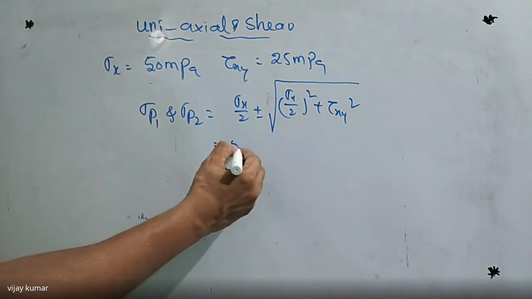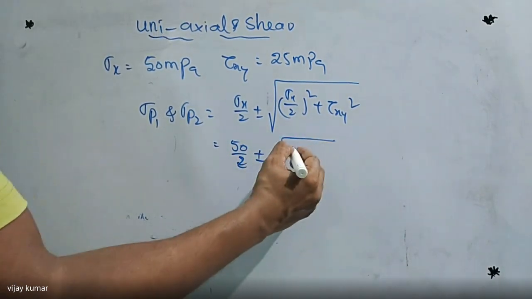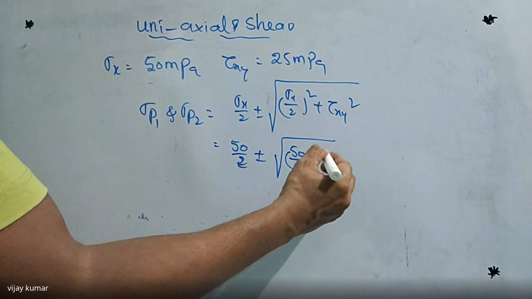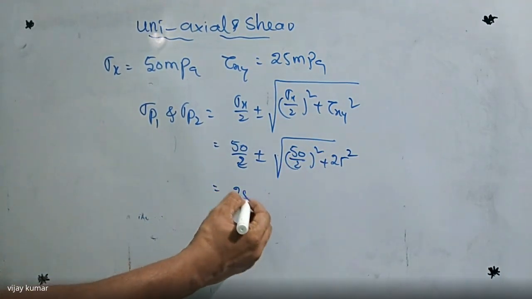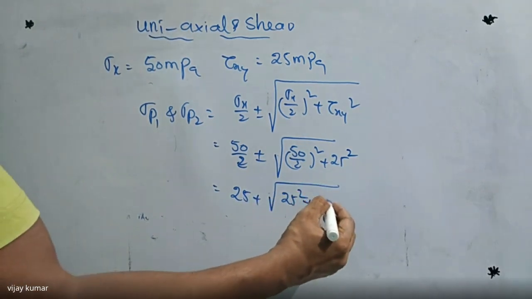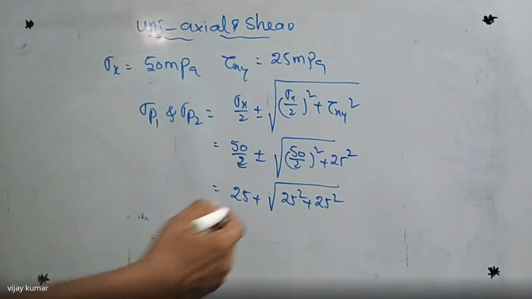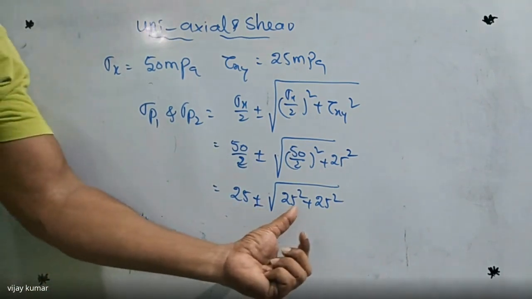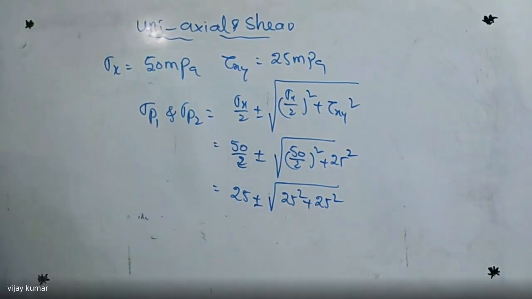That is nothing but 50 divided by 2 plus or minus square root of (50 divided by 2) whole square plus 25 square. So here 25 plus or minus square root of 25 square plus 25 square. Then we can calculate this value. First of all, we have to take the positive value. A square plus a square is nothing but 2a square. That is 2 times of